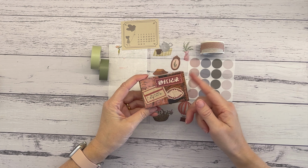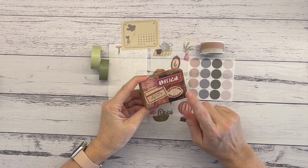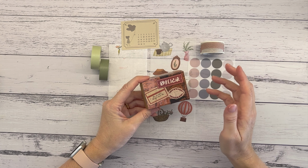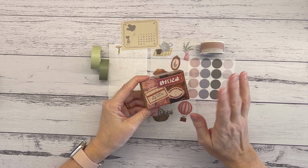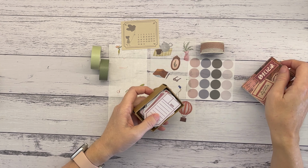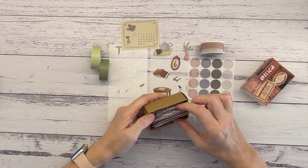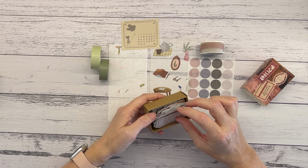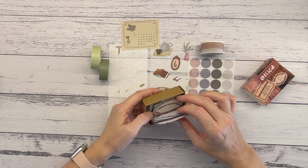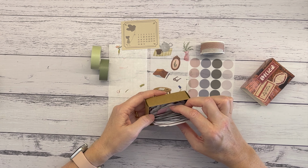Now I've been totally influenced by Ali over at Dabbling in Journals, and she uses these little stickers a lot. She put a link on Amazon, and so I've had them sitting there in my shopping cart for a while because they were a little bit expensive. And then I got a notification saying, hey, this has dropped by $7. And I went, okay,